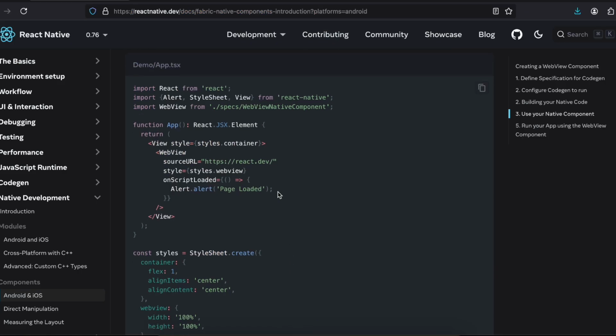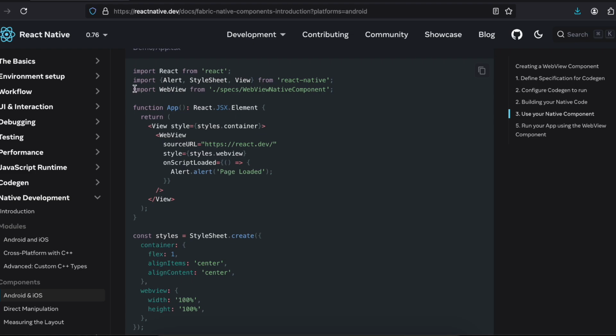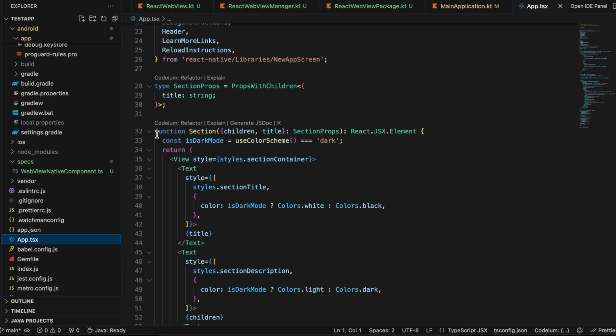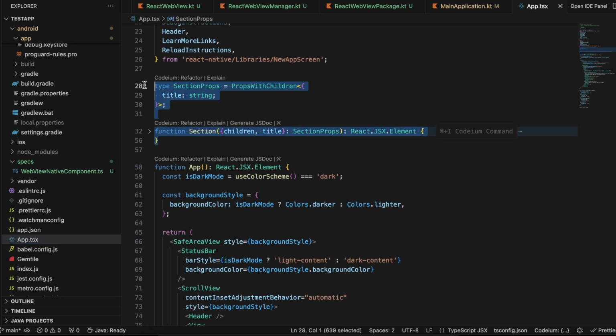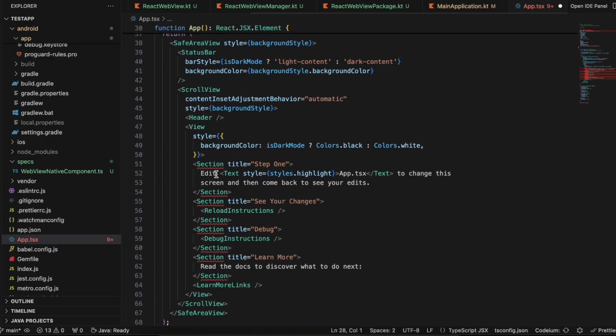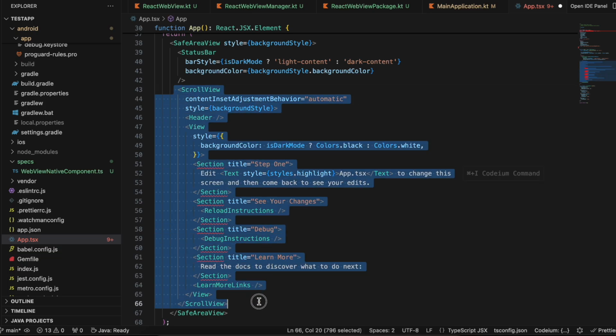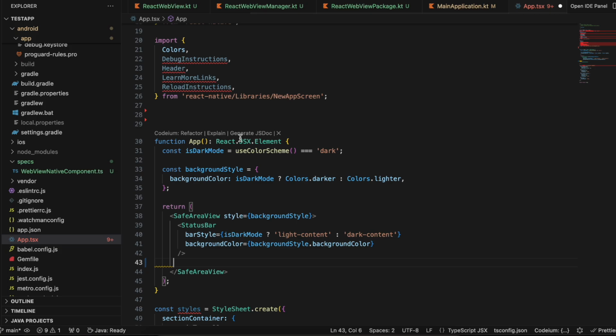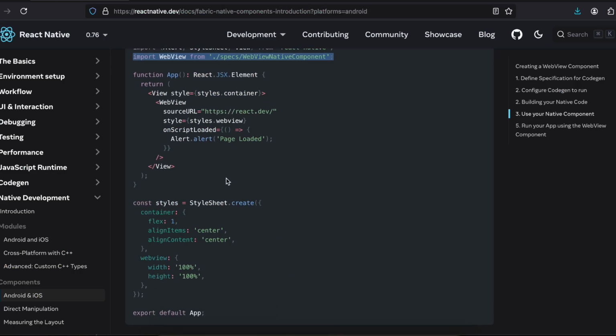Okay, let it be. Now what I'll do is add this particular import inside our app.tsx. So if I go to app.tsx, I will close this. I will remove this. Okay, and I'll remove all this as well. I don't really want this. And here I need to add our import, right? So here I will add our import. Then I will come over here, and here I will just paste